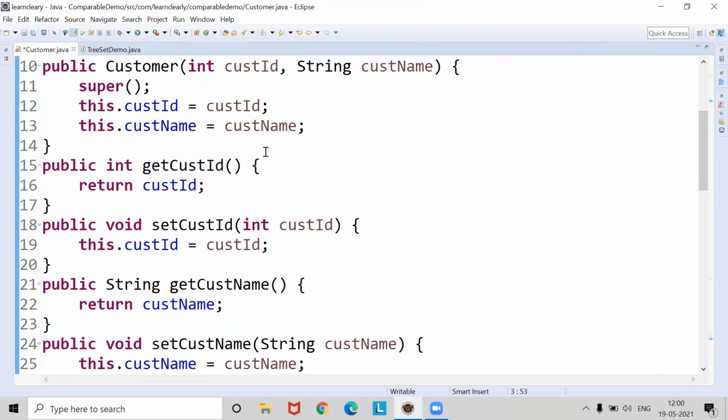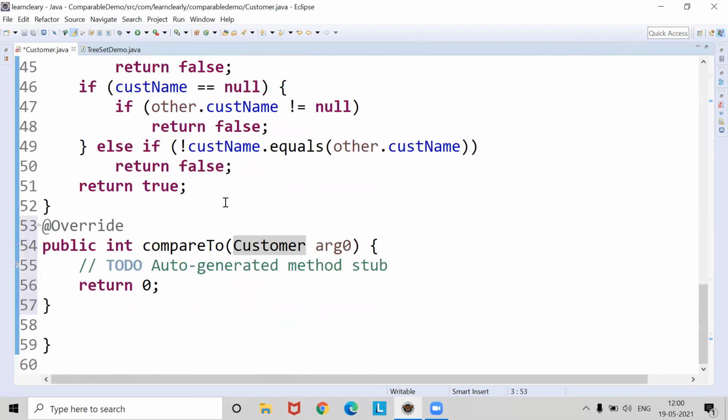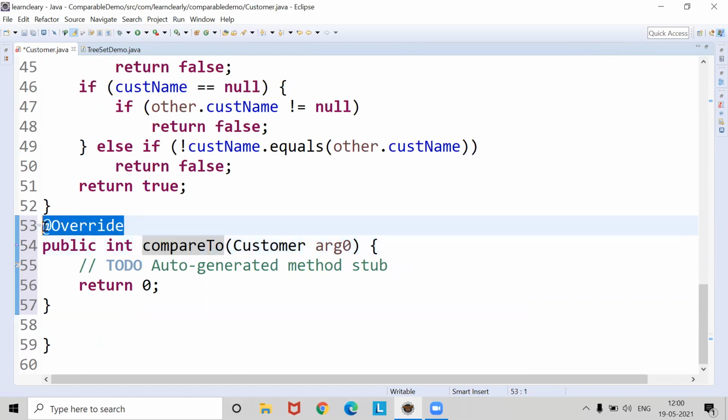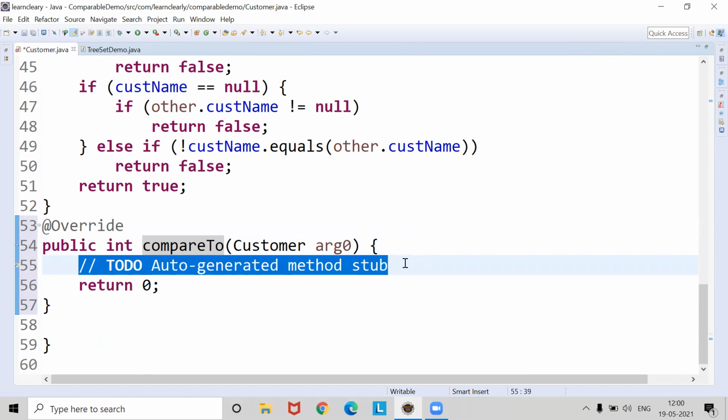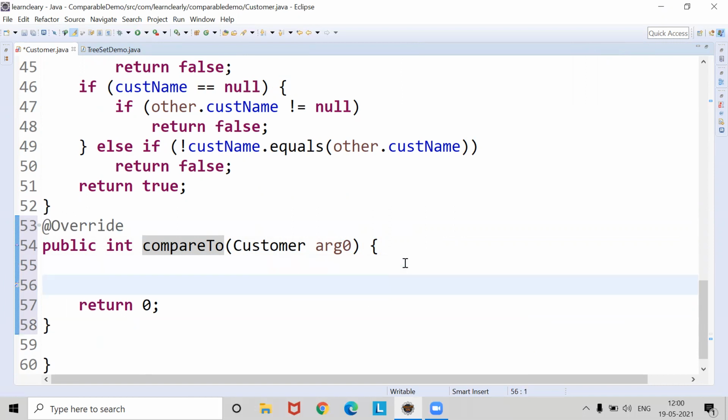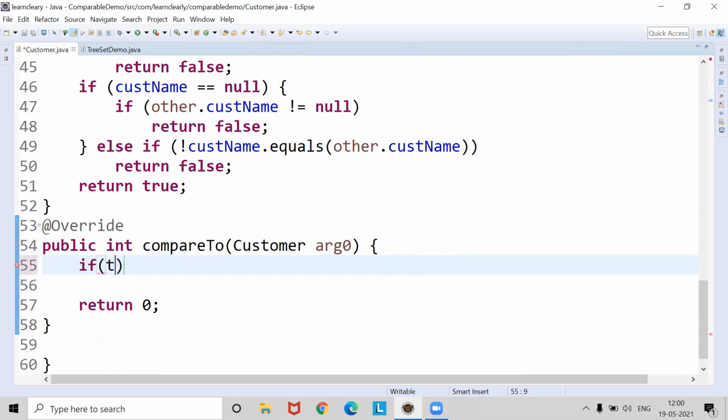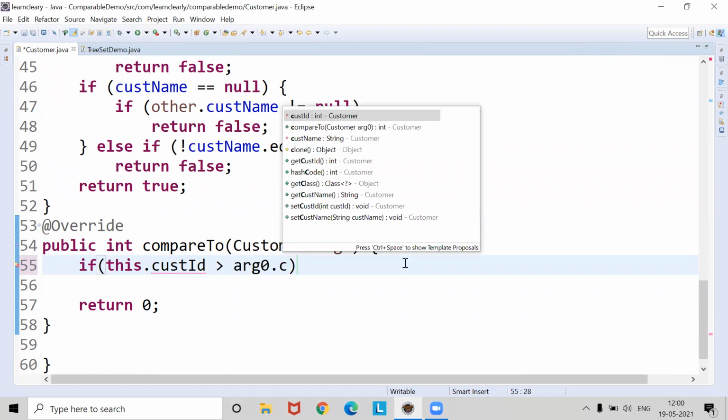And then what we need to do is inside the compareTo method of the Comparable interface, you see here, we have the @Override annotation. So here we need to write the logic for comparing two different customer objects. So here what I do is I develop the logic. If this.customerID is greater than arg0.customerID,